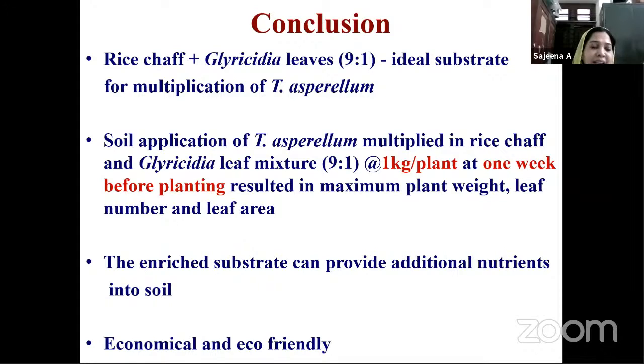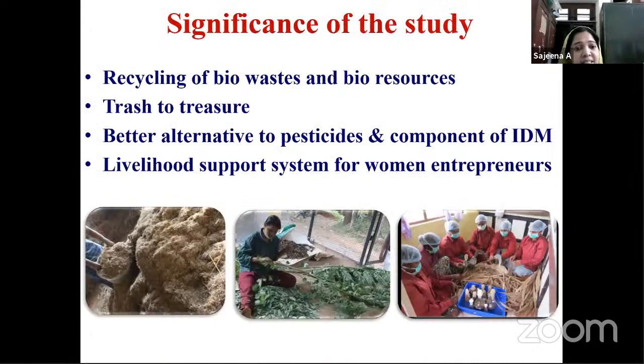I conclude by telling that rice chaff plus Gliricidia leaf is the ideal substrate. Application of Trichoderma multiplied in the substrate at the rate of 1 kg per plant, 1 week before planting, is very beneficial, and it also adds nutrients to the soil. And the study signifies that we can